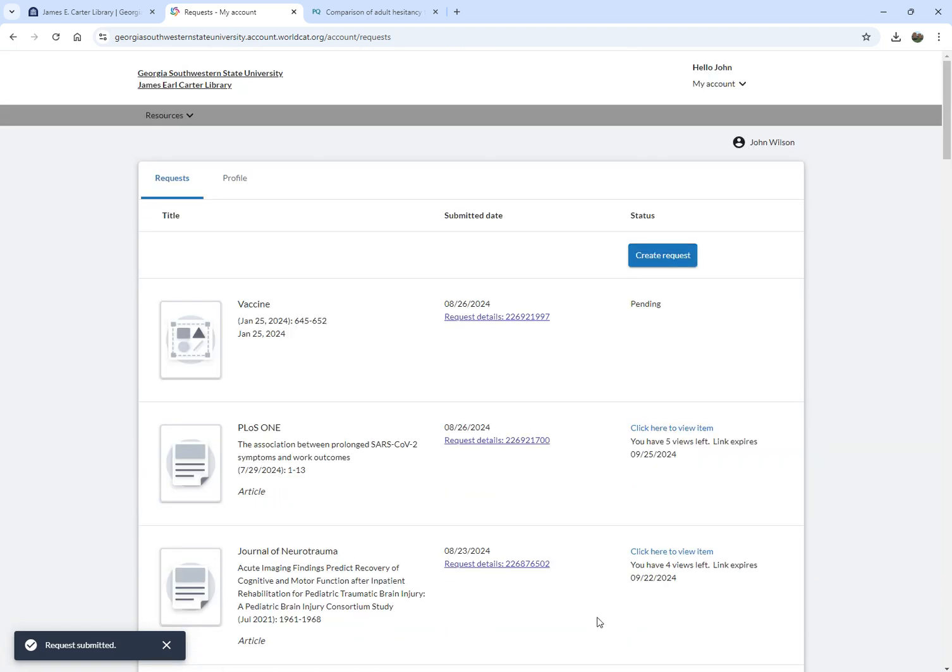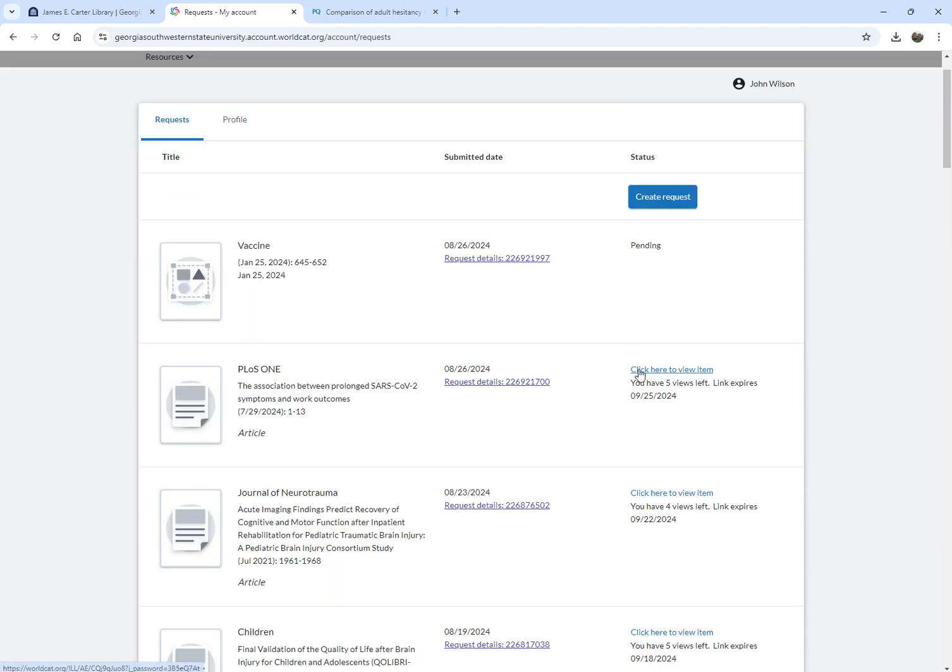Now, when the library sends you the link to this article and you open it from email, there'll just be a link that you click on. It's going to take you right back to this area, okay? And notice right here, you have 5 views. You also have an expiration date. So after you click on this 5 times to view it, or after this expiration date, you won't be able to see the article anymore. So I recommend that if you need it beyond the 25th, or you need it beyond 5 clicks, that when you open it up that first time,